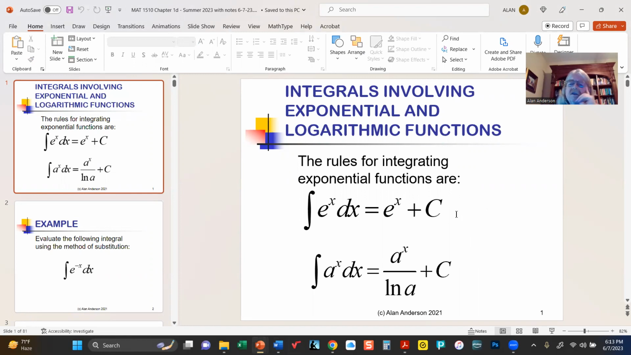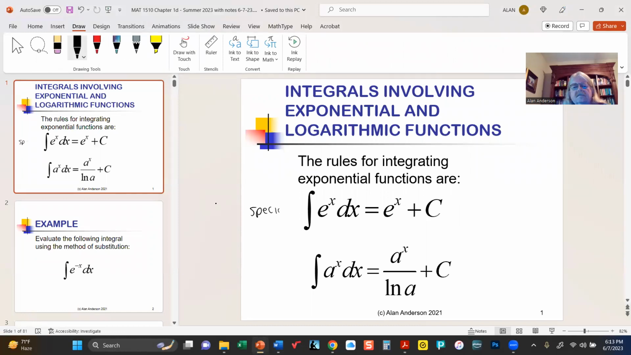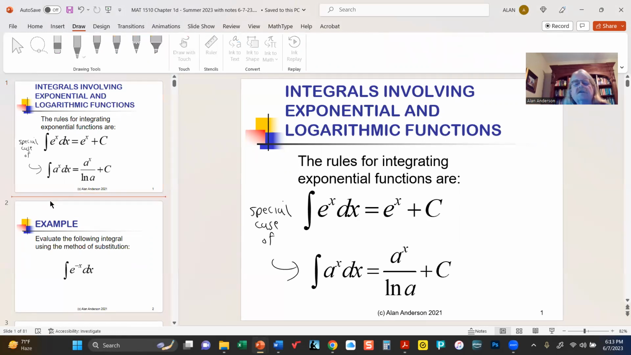Now, these are actually very straightforward. For example, the integral of e to the x dx is simply e to the x plus c. And this is a more general case. Any constant raised to the x power, the integral is a to the x over log a plus c. And the reason why we say that this is a special case is because if I replace this x with an e, the a with an e,